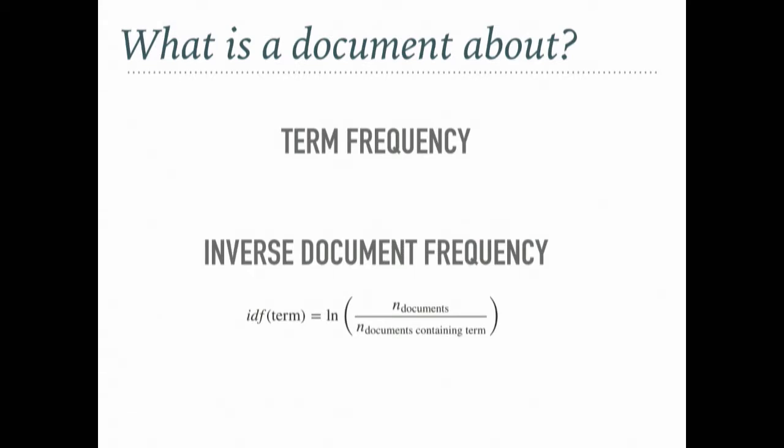Term frequency measures how often a word is used in a document. And inverse document frequency is a weight that works like this. It's the natural log of a ratio: the number of documents divided by the number of documents that contain some term. So let's say we have a collection of documents and they all contain some word. That ratio is 1, and the natural log of 1 is 0, and so that word gets weighted down. So we don't have to worry; we're not going to look at that word.